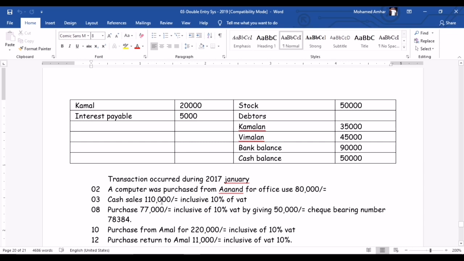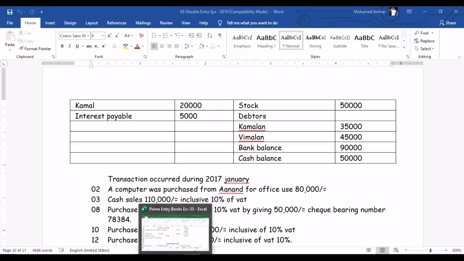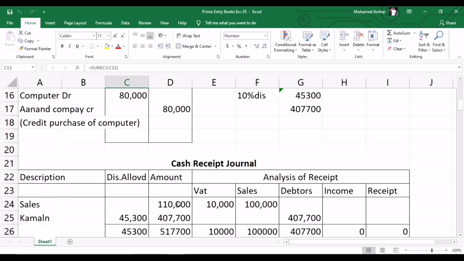You have to record the cash sales in the cash receipt journal. So in your worksheet, open a cash receipt journal and write sales under the description column. The sales amount is